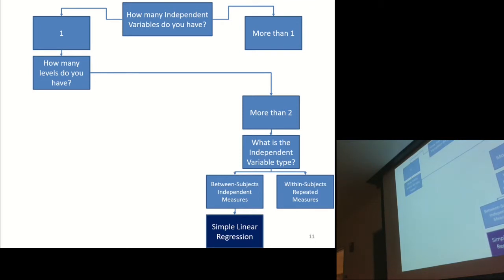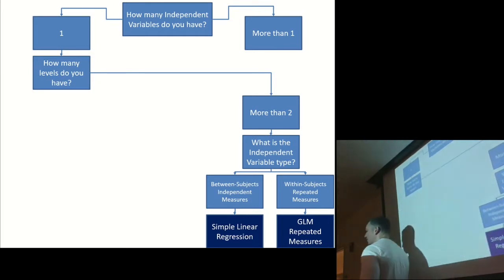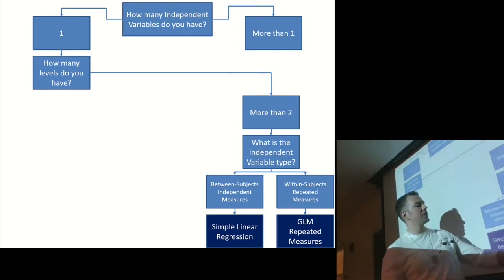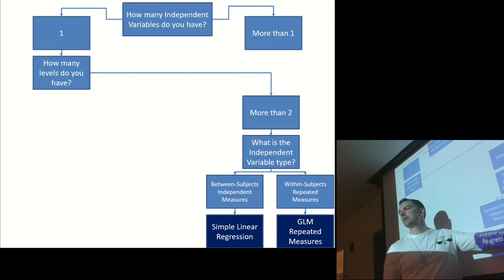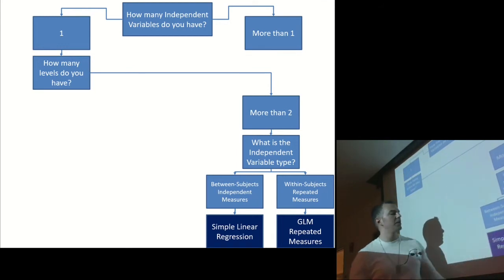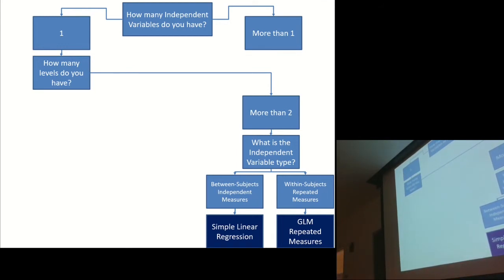Within subjects repeated measures for a regression like this can get very weird, very fast, and usually this is not seen. But if you do have it, what you need to run is a general linear models repeated measures. If you end up down here, come see me and we'll watch some YouTube videos and hit some Wikipedia pages together and try to figure it out. But for most of you in this scenario, you're going to end up in that simple linear regression.